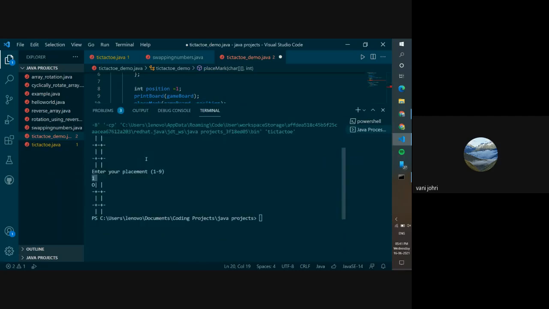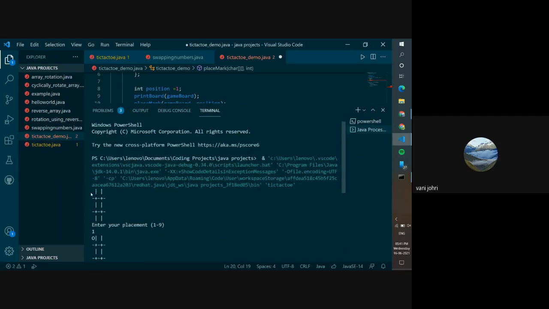This is your position. This whole thing was an array, right? In an array, how does it go? Let's say this was the array. So this is position 0, 0, this is 0, 1, this is 0, 2, this is 0, 3, and this is 0, 4, right? When we write i of j, this is what the positions are.